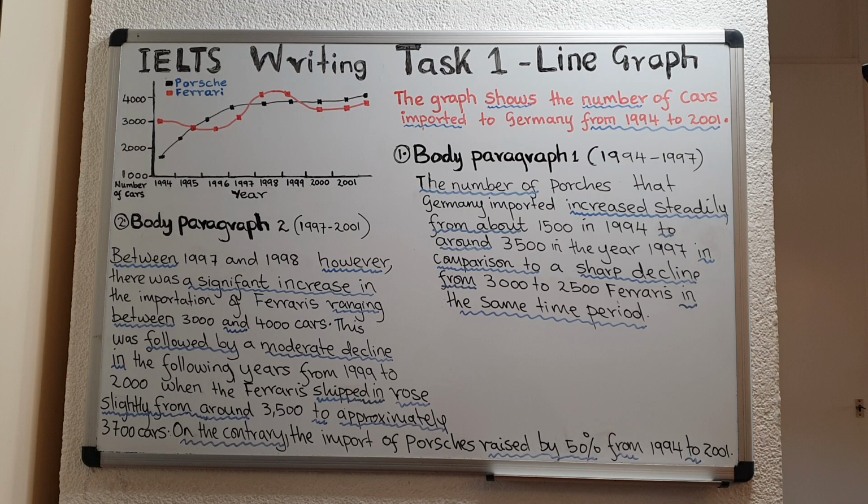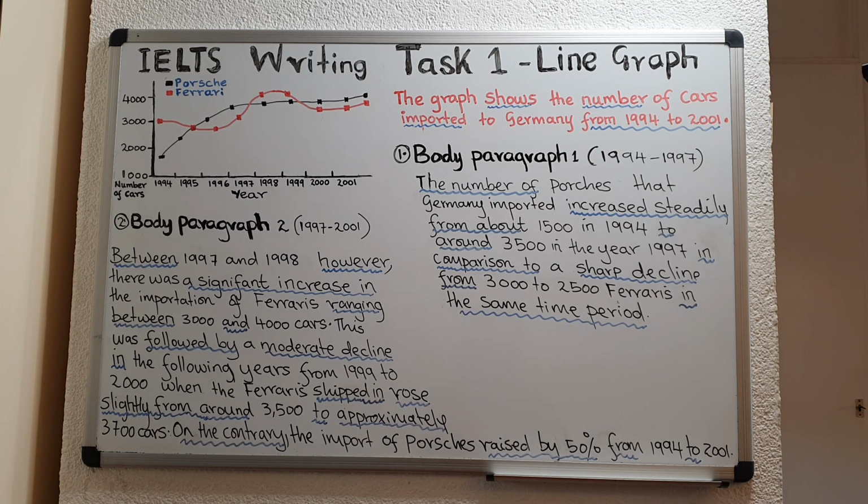This was followed by a moderate decline in the following years from 1999 to 2000, when the Ferraris shipped in rose slightly from around 3,500 to approximately 3,700 cars. So although at the beginning of 1997, there was a significant increase in the number of Ferraris that Germany imported,